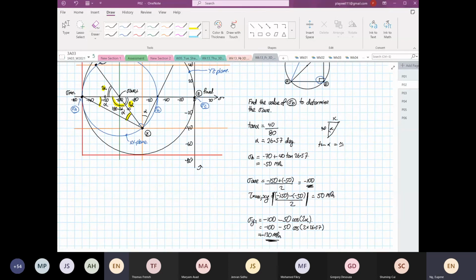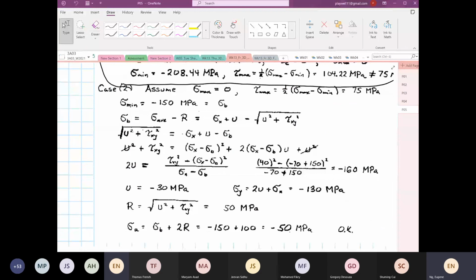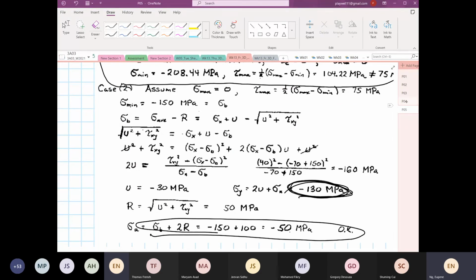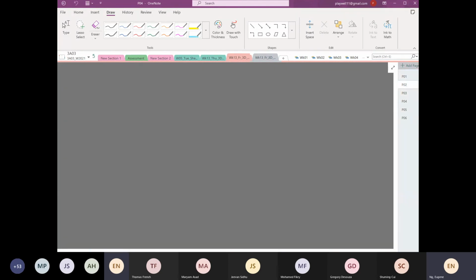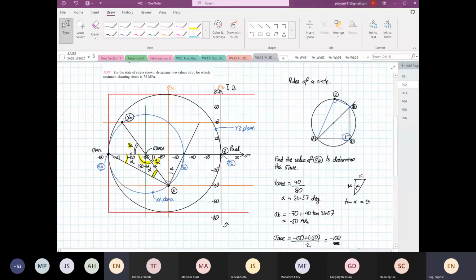So if you look at the answer booklet, they also have what? 130, right? We don't need to show that this is okay, because we have drawn the circle that is inside the operating boundary. So that circle that we're going to draw is our final circle. Okay, so this is 50, so 250. So in your exam, when you solve this problem, you have to draw all these, okay? You have to draw all the 3 circles. Okay. So this is for your X